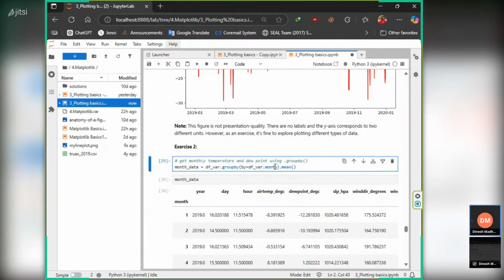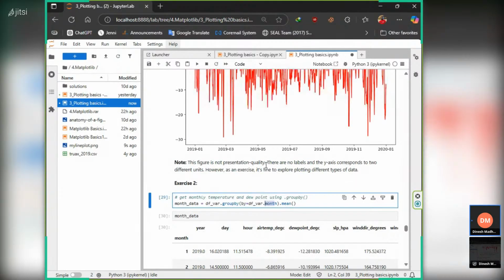But to do this, you need to have a separate column named month. So that means if your data, like an Excel file or CSV file, doesn't have a separate column named month, you cannot do this. So if you need to do something like that, you need to split your date into years, months, and then days. If you only have a date type,